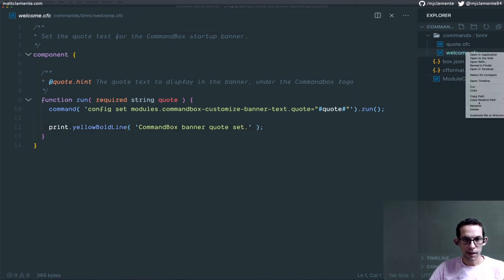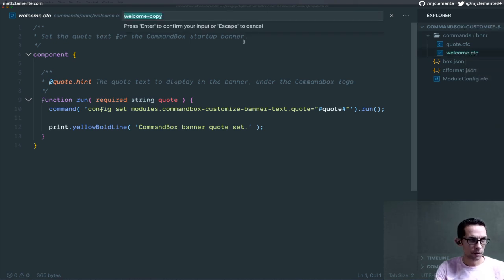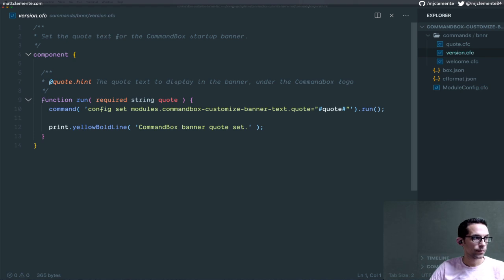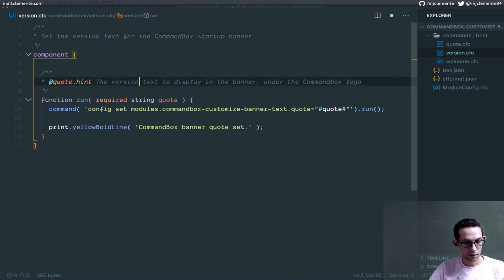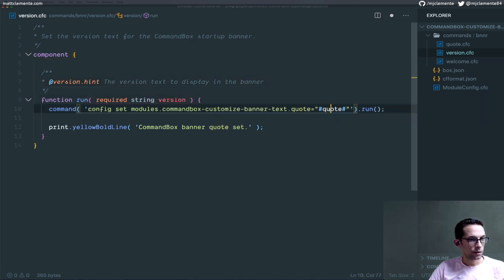And we can duplicate it and call it, what was the other one? Version. Version.cfc, nice. Okay, so set the version text for the command box startup banner, the version to display in the banner. And we might need to make sure that this is like only 3 or 4 characters. Version, I can probably do this in a more clever way, but I should probably have a service that just